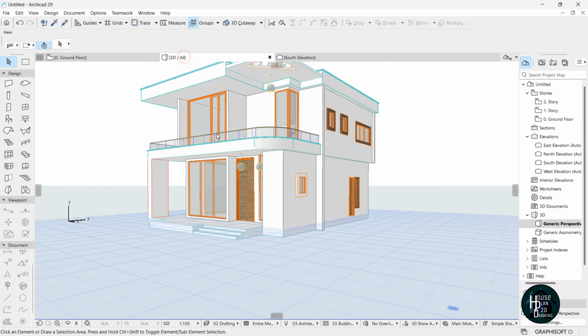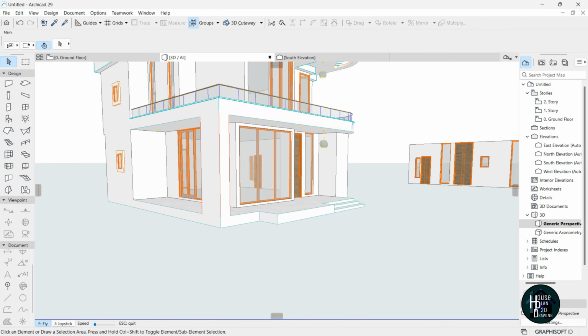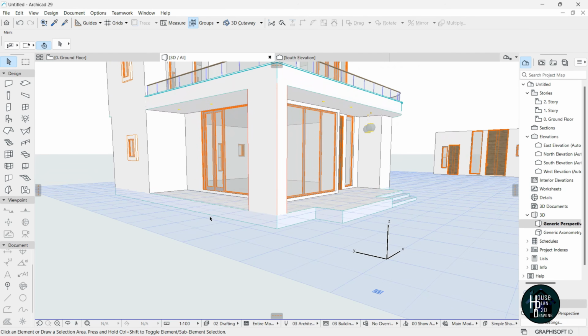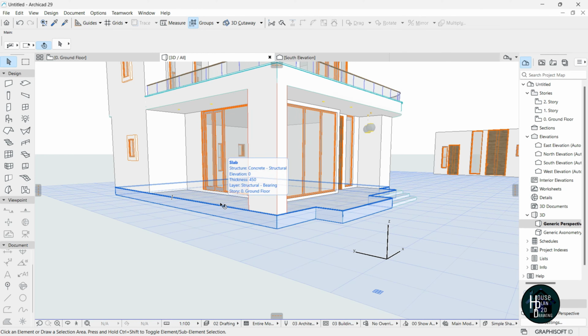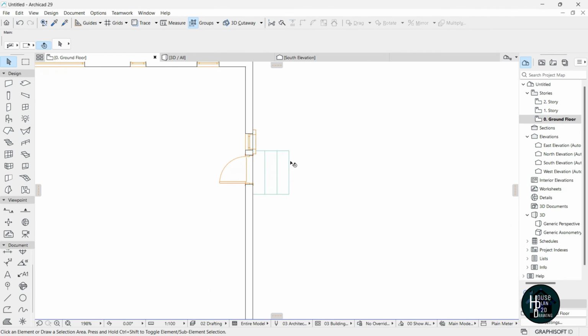Alright, let's go to the 3D model, and you should have that being placed here. Okay, so we have the step there, and we have the step here. We also have to have another step here. But if you look at the 3D model, I didn't add that because I forgot to add it when I was designing it. So I'm just going to go to the ground floor plan,